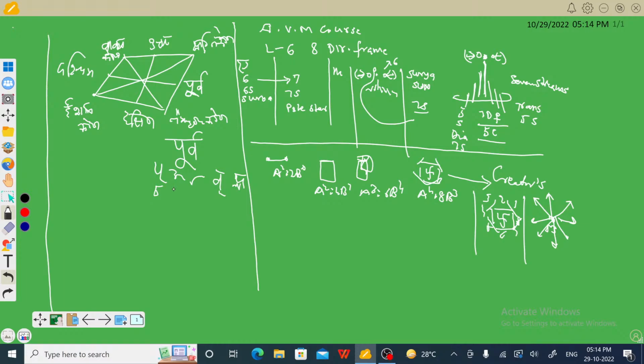So 5, 6, 2, 7 and 1 makes it 21. So here this point will give us value 21, paschim will give us 22, uttar will give us 16, south will give us 24, here we will get 33, here will be 30, here will be 42. Now see, these things as these are